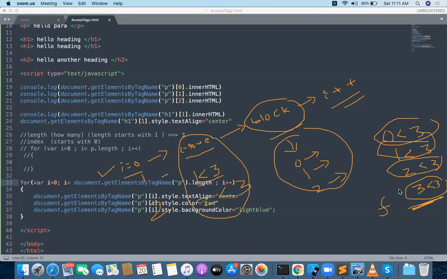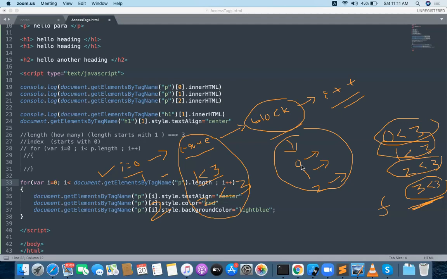Okay, don't worry, I will give you the flow diagram also for this. I will give you for loops, and there are different kinds of loops available: while loop, do while, and for loop and all. And I will give you the very clear architecture about the loops later. Don't worry about the loops right now, but just understand how the things are happening here.